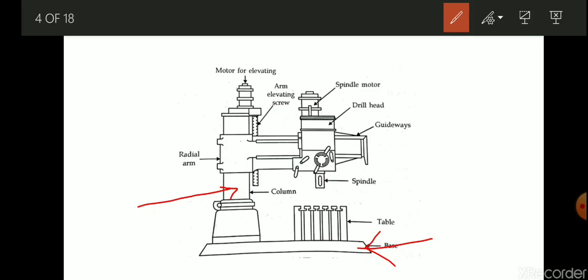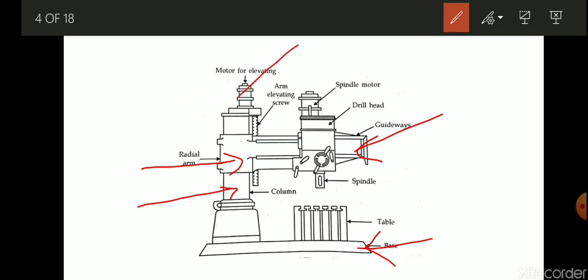And the radial arm is mounted firmly on the column and has guideways for the horizontal movement. Here we can see the guideways for horizontal movement of the drill head. It can be lowered and raised with the help of a motor.